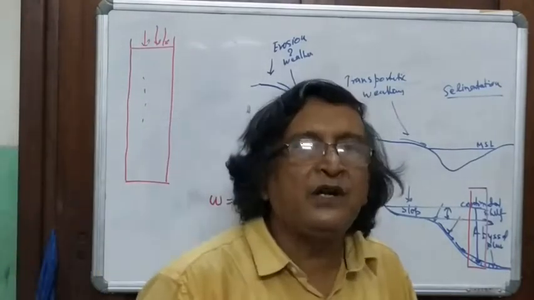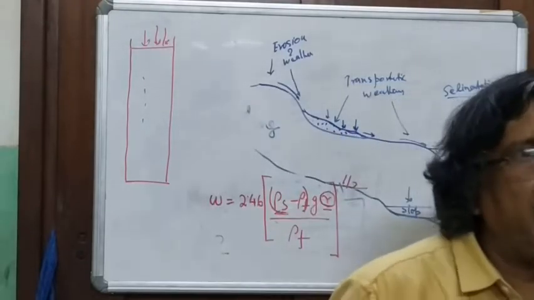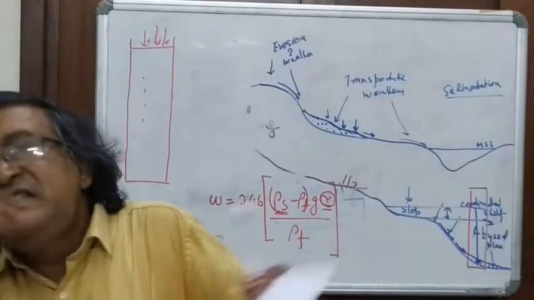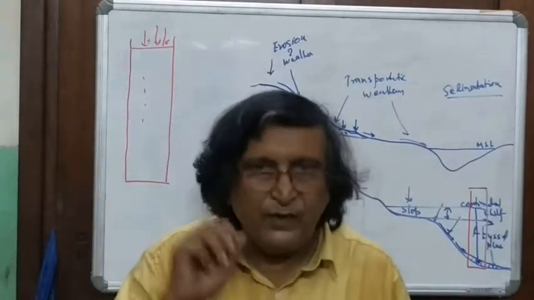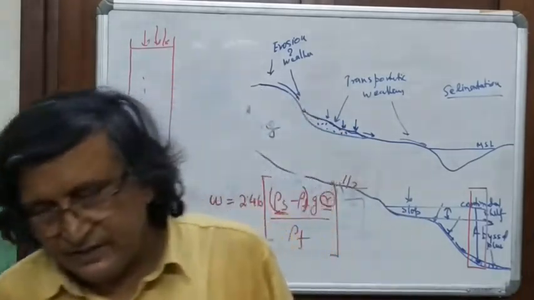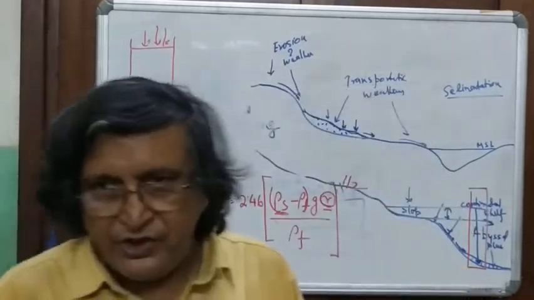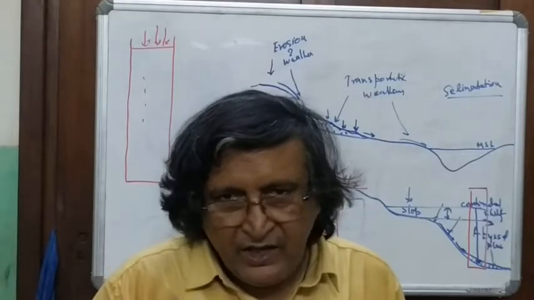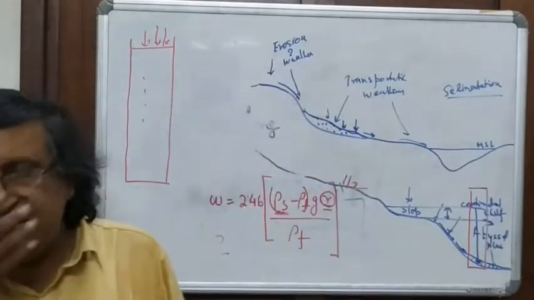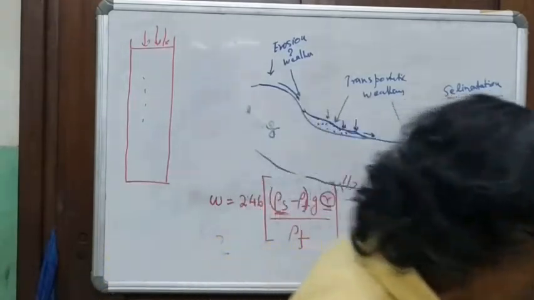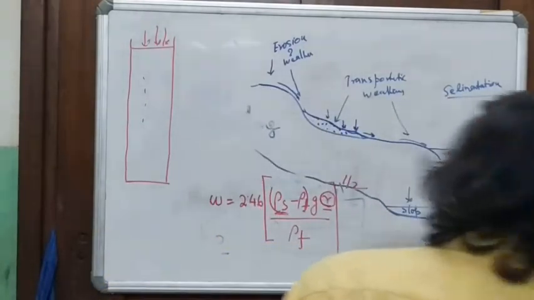So normally what happens, when you get a sediment, you don't get only one size. You get different sizes. So it is important that we try and look at the size classifications of the sediment once more. How do we do it? Normally what happens,